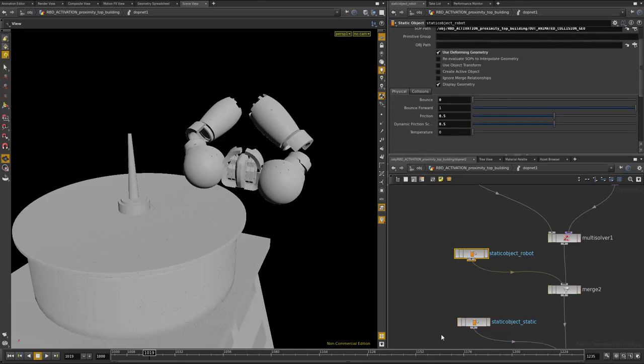So I set the bounce on them to 0. This is a very high velocity impact. This robot is really slamming into this stuff hard. And I know from working on these kinds of scenarios that things can really start exploding all over the place pretty violently. So I am just starting with no bounce on these objects, just to start with a pretty highly